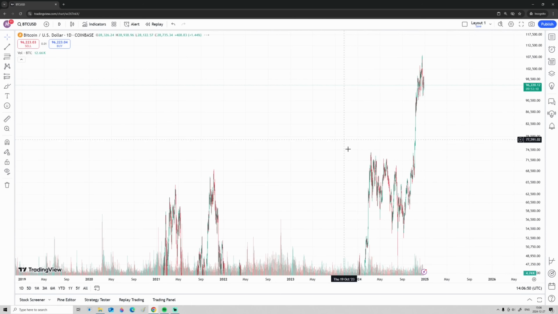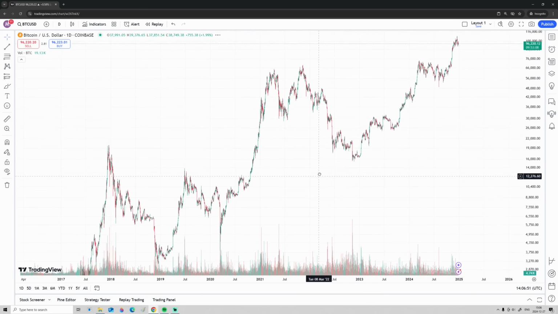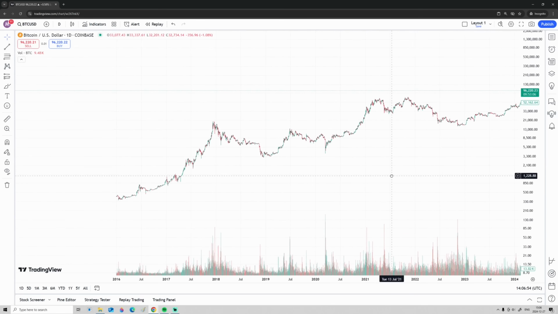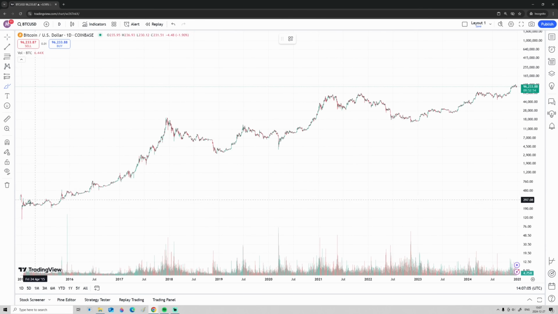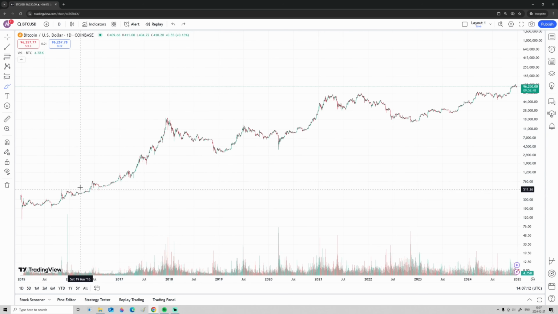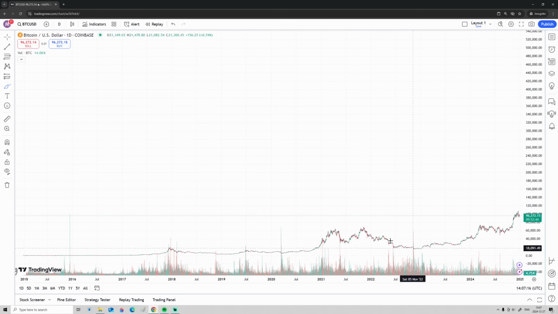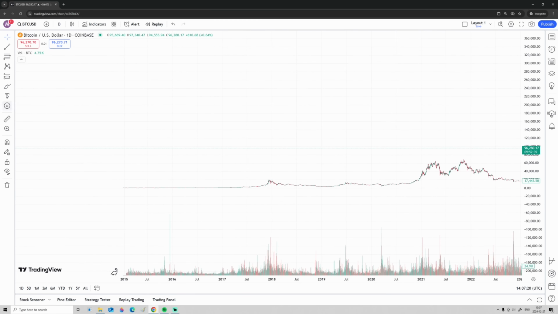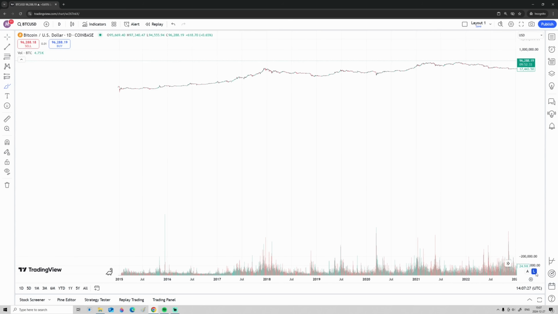Let's look at Coinbase right here. Now we are looking at Bitcoin on another exchange, on Coinbase. When we look at the logarithmic mode on Coinbase, you can see that we can see the price movements pretty well all the way back here in 2016. But if we don't use the logarithmic mode, it's even hard to see, and the price movements here from 2016 we can't even see. So we need the logarithmic mode here in order to be able to